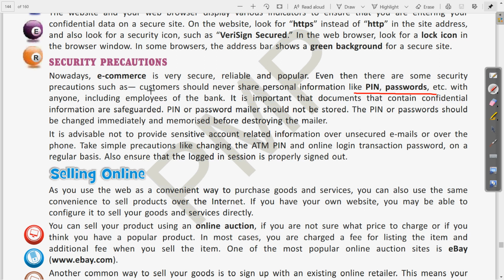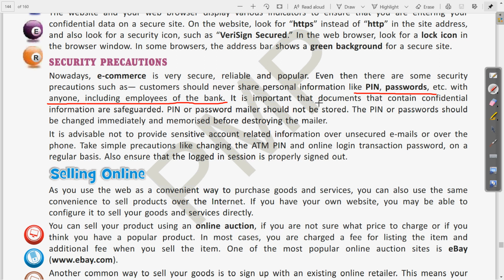So these are all fake messages, and from time to time the banks also update and warn that we should not share these details, and the same is not asked by the banks either. Clear? So here it is talking about the same, that we should never share the PIN and password with anyone, including the employees of the bank. Clear? So the bank has no authority to ask for these details. It is only with the customer. Clear? So all of this confidential data should not be shared with anyone, not even with bank employees.